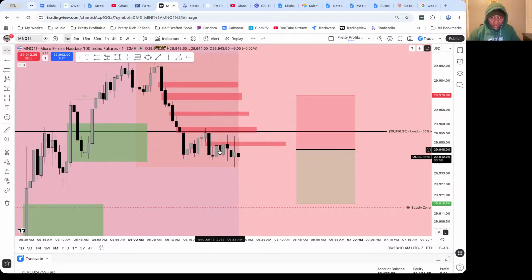So a lot of these. So this zone right here, this 1 minute supply and demand zone on the 1 minute is being respected because the candle has not closed above it. And so it has to close below this. But